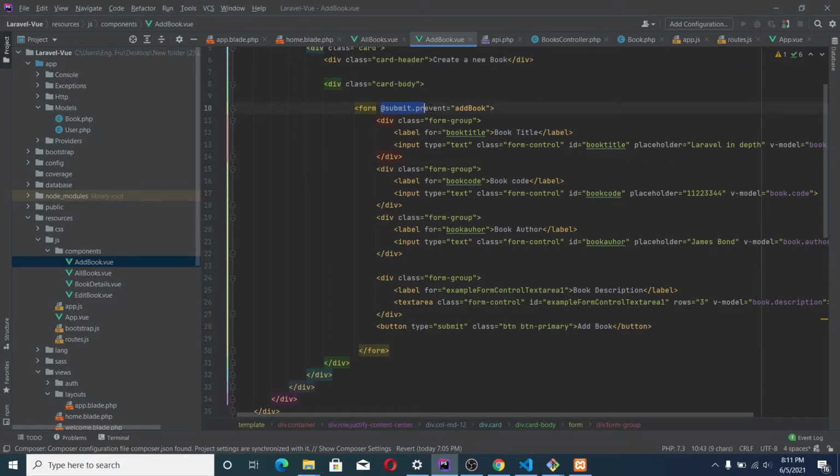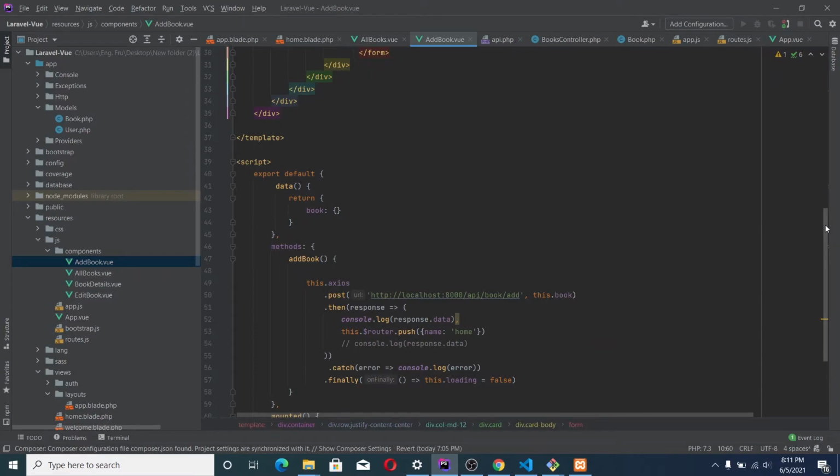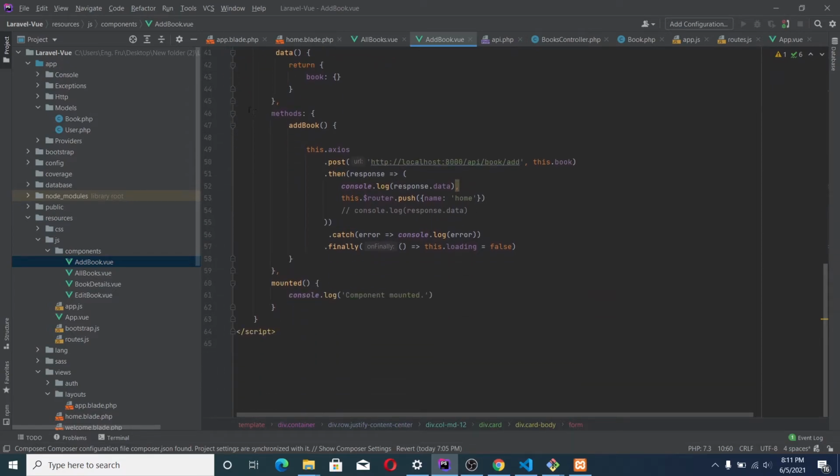We have the submit prevent, that is to prevent the natural behavior of this HTML form, which is to reload the page and submit it to an HTTP address. Here we are preventing the default behavior so that our JavaScript function can handle the inserting to the database, so that we are going to have an SPA.